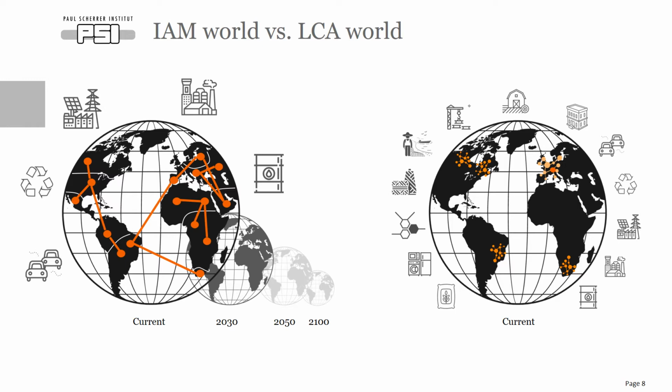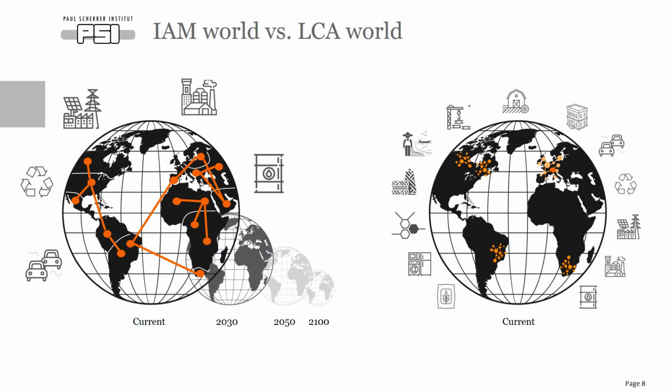Now, on this slide, I try to compare both worlds. On the left-hand side of this slide, you have the world of integrated assessment models as I picture it. It is a very comprehensive model where the whole world is represented, and it is composed of structurally grown networks of industries and industrial activities, residential and transport activities, but that covers rough regions of the world. So usually you would have somewhere between 10 and 20 world regions. That would depend on the integrated assessment model.